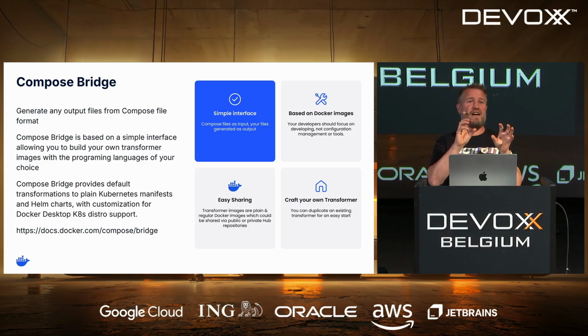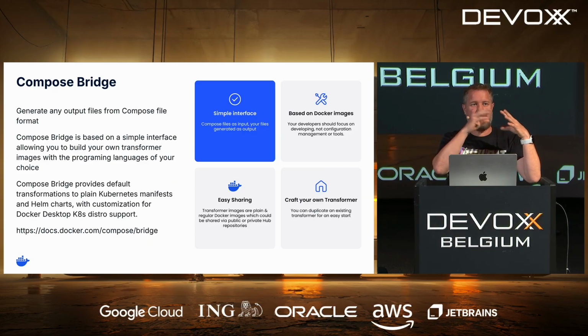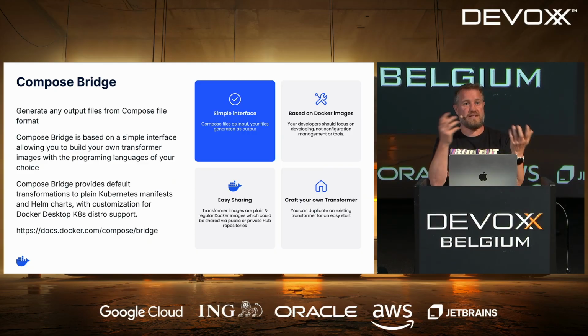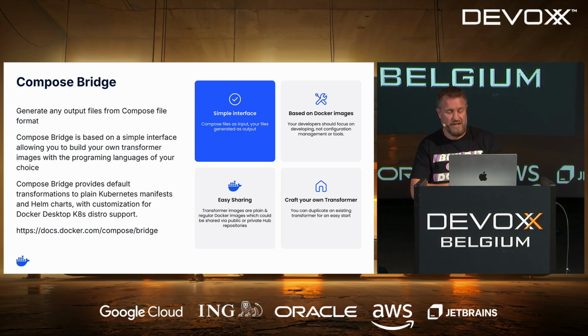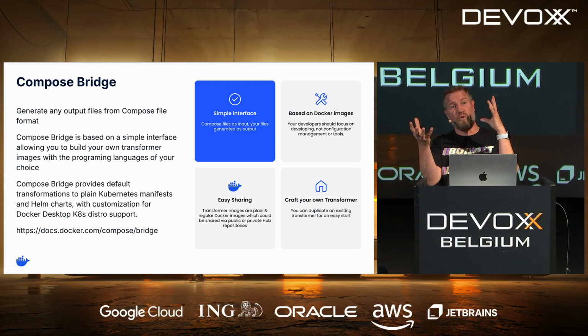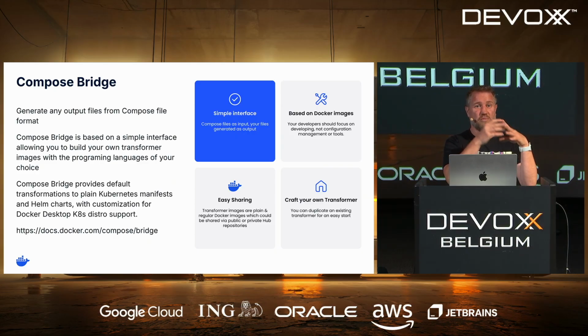Those templates are done with Go templates, and inside the Docker Compose Bridge command there is a way to duplicate an existing template, and then you can start with that and just rewrite and adapt it for your needs. So there is already a good starting point that you could use. If you are a developer or an ops, you can work together with your developer to craft your own template